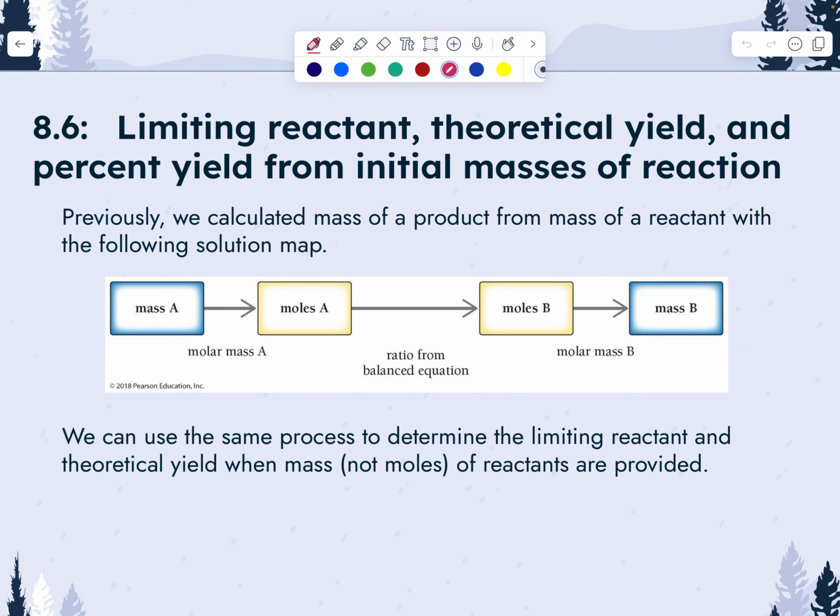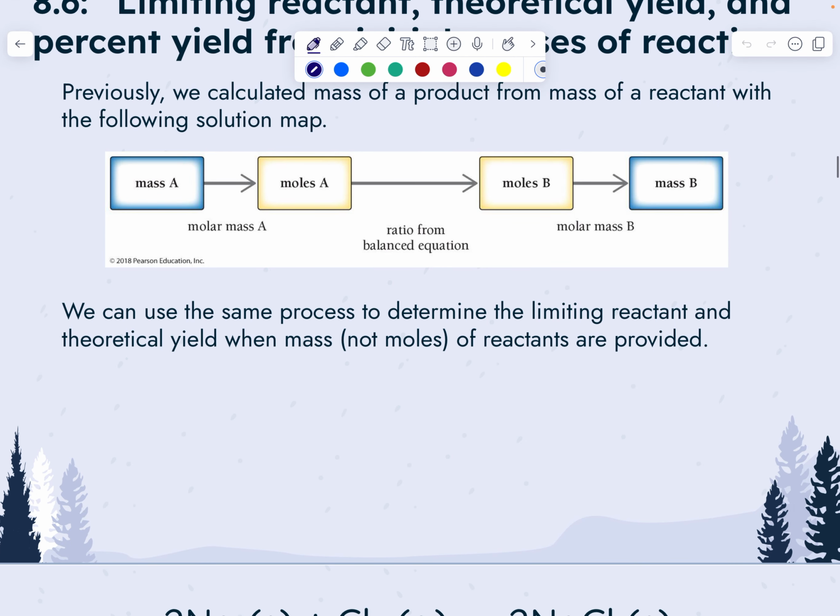Okay, so what we are looking at today is the same exact type of problems, basically a limiting reactant problem. One where I give you the amount of two reactants and I ask you how much product can be formed. But the difference here is that instead of me just giving you mole numbers, we are giving you the numbers in mass, which really means the same thing that we did in the first half of the chapter we're going to be doing again, which means no matter what we're given, right, we're starting with,